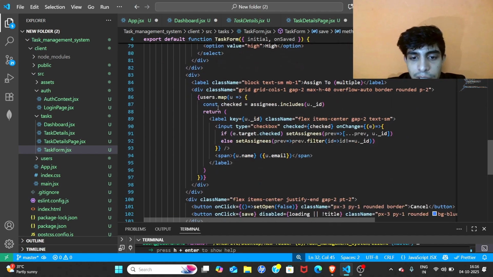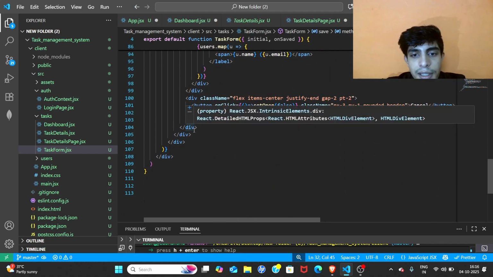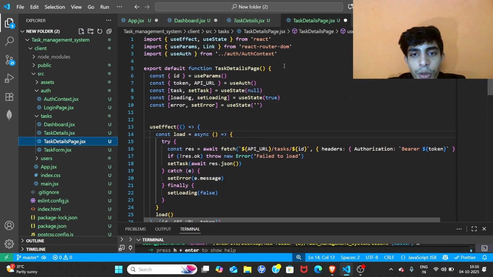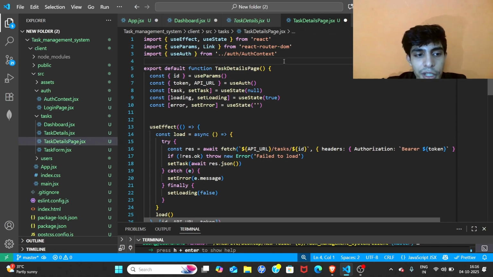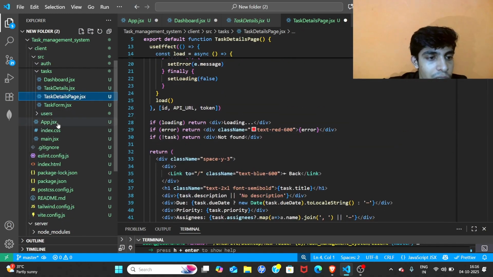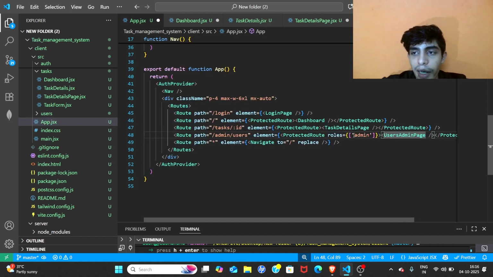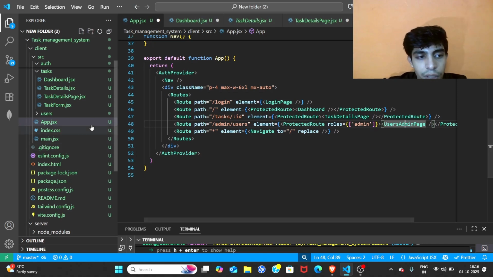So then we will use HTML CSS to show it here. Then there's a task details page, as it was a requirement to show details on a particular page. Okay, so the front end logic is complete. I also created a route so that the admin can add or delete users from our task management